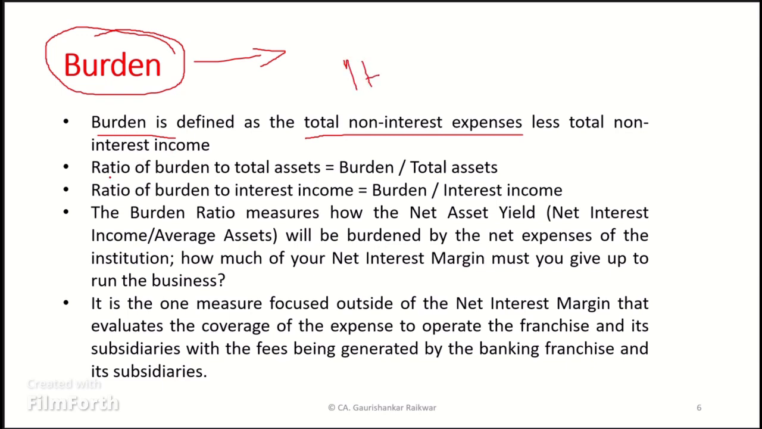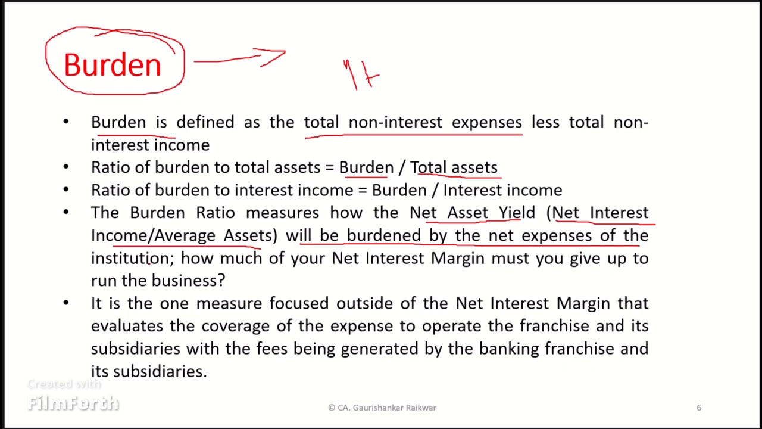The ratio of burden to total assets will be burden divided by total assets. Friends, we have already discussed the total assets and average asset in our earlier videos. If you are not familiar with these terms, you can watch the earlier videos in this series. Ratio of burden to interest income is equal to burden divided by interest income. This ratio can be calculated either on total assets or interest income. The burden ratio measures how the net asset yield, net interest income divided by average asset,